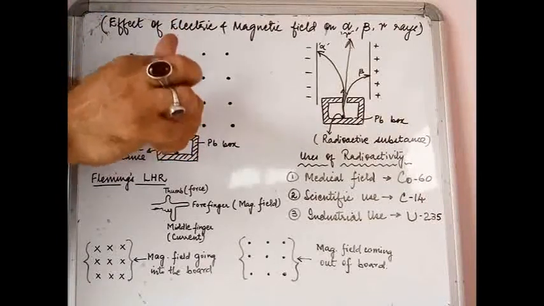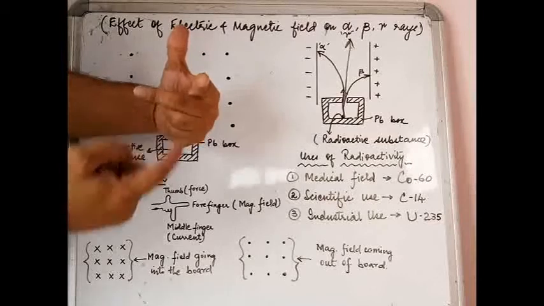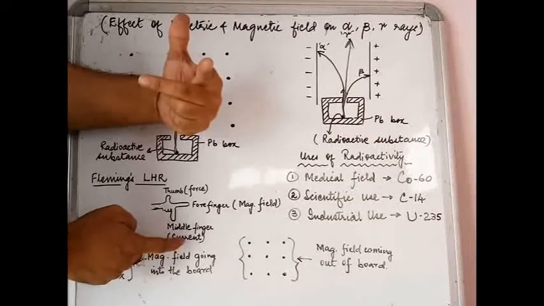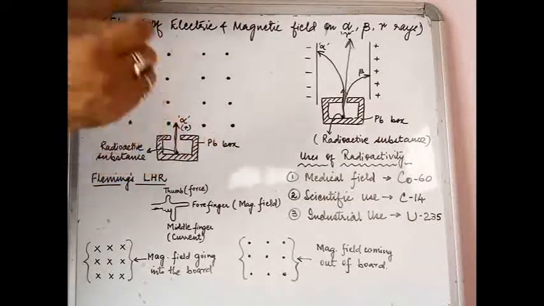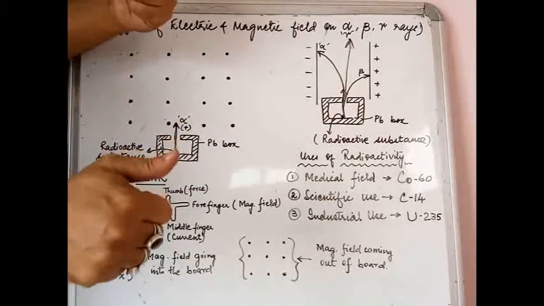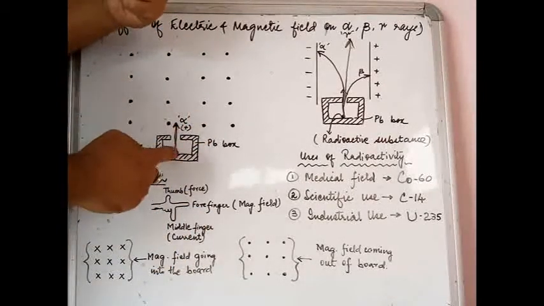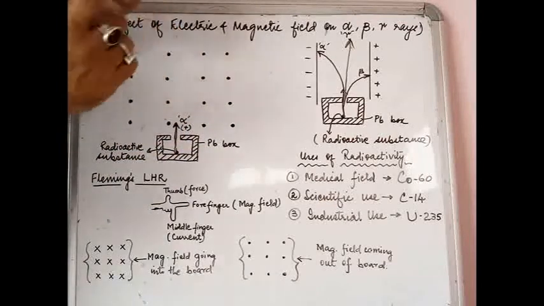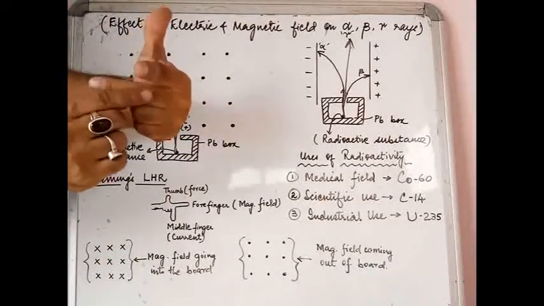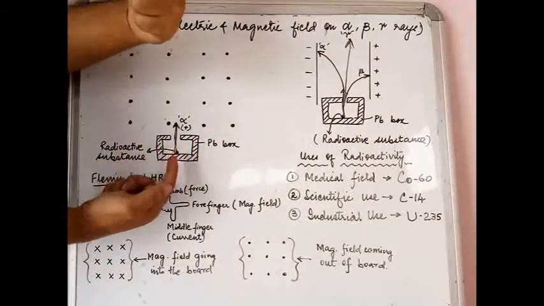Now holding my forefinger in this position, the next thing would be to adjust the middle finger. The middle finger will denote the current. Now is there any current flowing in this particular setup? No, but please remember, current essentially is nothing but the flow of charges. So if we are assuming an alpha charge coming up, which means a positive charge coming up, then this would become the direction of the current. So I am going to hold my middle finger in the direction of the current. Where is current going? Current is going up.